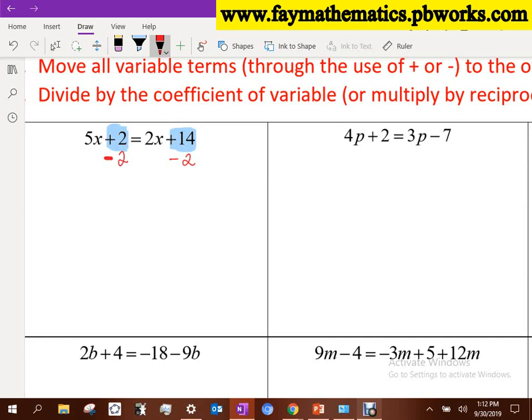Okay, so because they're on different sides, when we write this, those are going to vanish, go to 0, right? So it gives you 5x on the left, 2x plus 12. We agree with that? Okay. So the next step says, now that you've